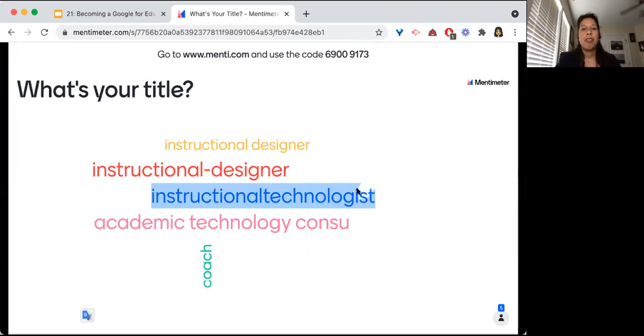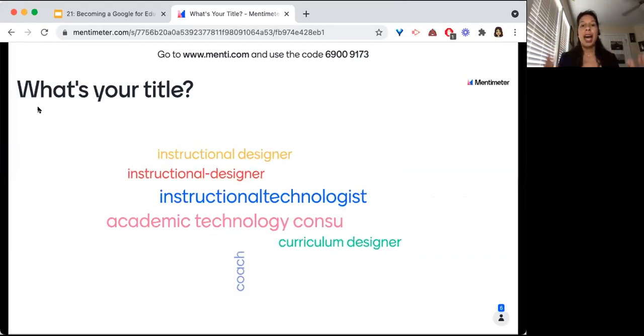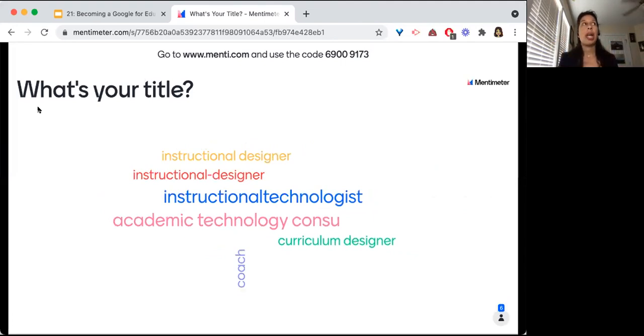Everything from instructional specialist, instructional designer, academic technology consultant. One of the cool things about Mentimeter is that as people add more and more words, like if the word coach were added multiple times, then the word coach would become really large. So we can see where the overlap is in our different titles.